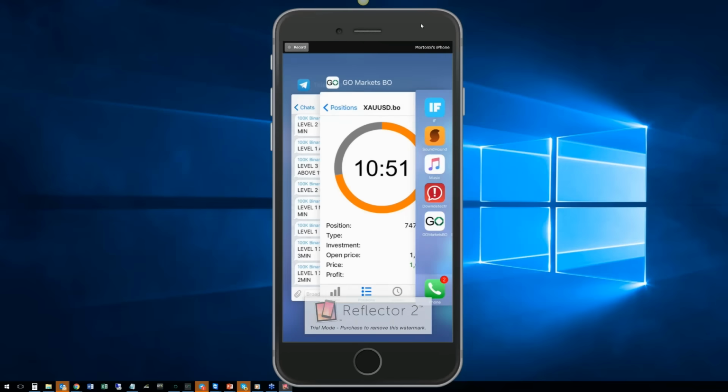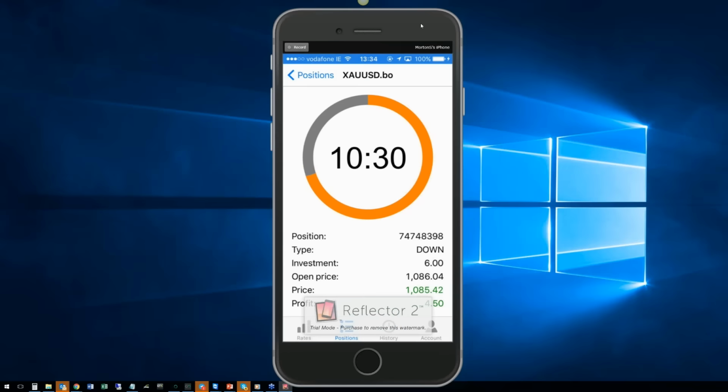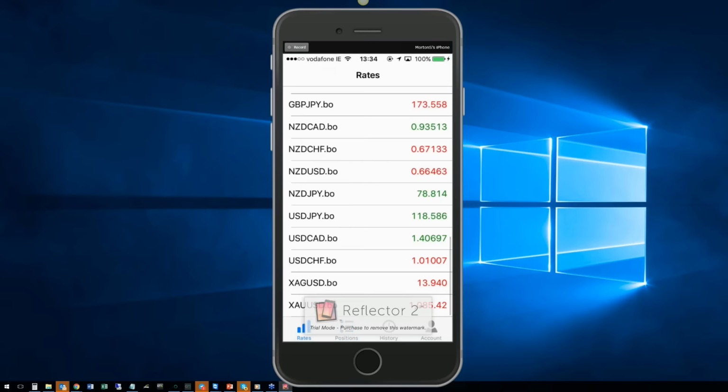So back into the app, you can see 10 minutes to go. It's a down again, yeah, $6. Open price is X. Current price is 85. It's green. We're in profit, 450 at the moment. So we want that to stay there. If you really want, you can go to the rate. You can go click